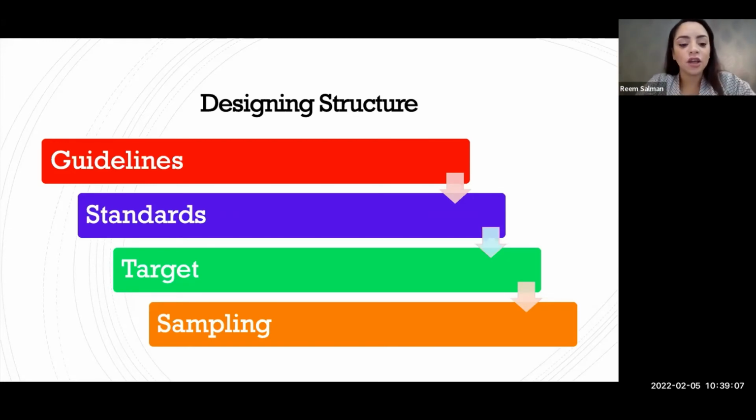Now you are actually on the stage of sampling, okay? Now you know your guidance, you know your standards, you know the target that you want to achieve. Now, who are you going to audit and how are you going to audit this? Now there are so many ways, okay? For a very simple audit, because you know our placements as junior doctors are either 4 months or 6 months at most, and then we move to another hospital.